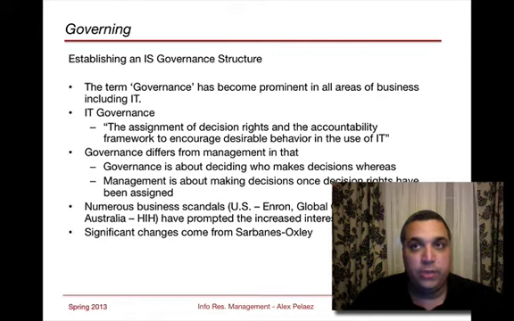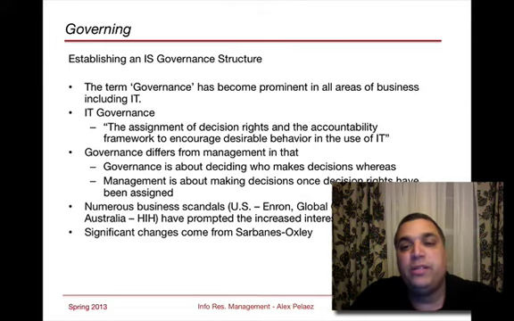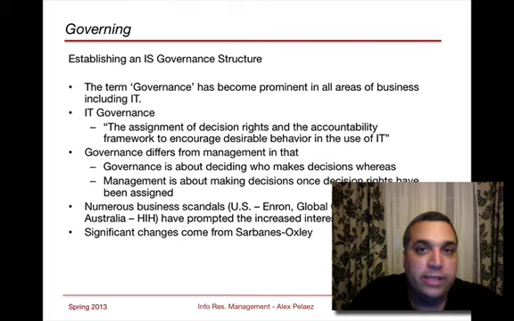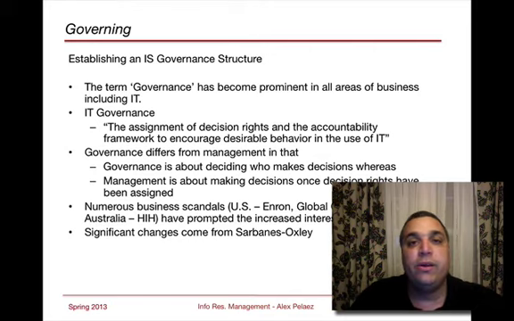Another type of governance item is that we will only introduce applications that are Java-based or web services-based. The reason we do that is because our team may only have those skills, and so we have to ensure that we can maintain them appropriately. So governance is about deciding who makes decisions, whereas management is about making decisions once decision rights have been assigned. So who's going to make those decisions, and who's going to make the call? You'll see things like architecture teams, or a working council that will have business leaders as well as technical leaders and an architect who say, "Hey, this is going to be our standard for doing this type of activity."